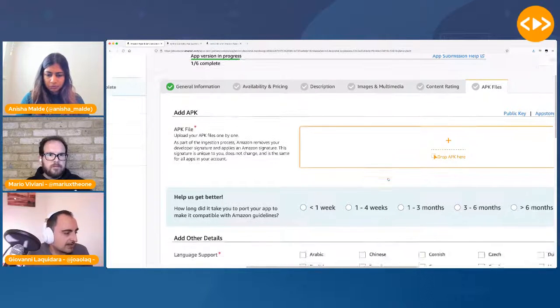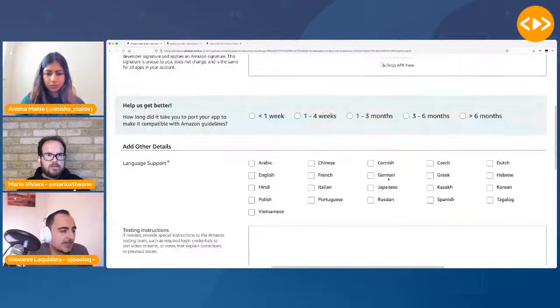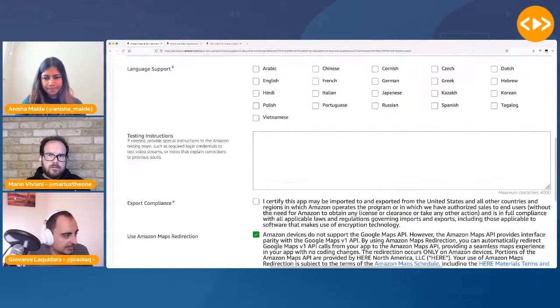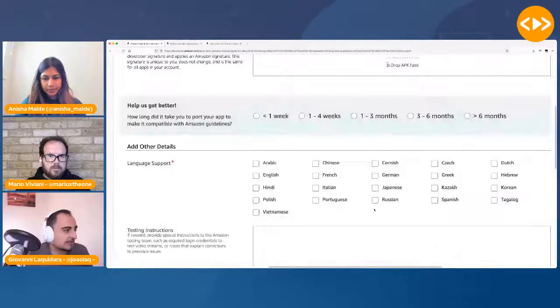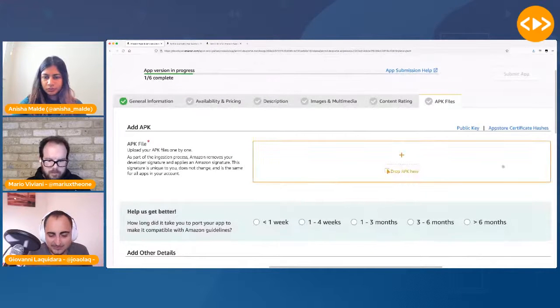You can check after you drop the API key inside this UI, you can select all the information about the language that you are supporting, and that's it. Actually, this is the last step. And if you have to update the application, you just need to use the same interface to drop the